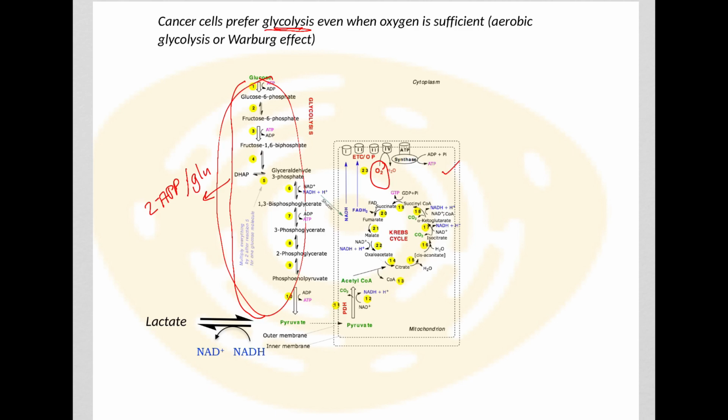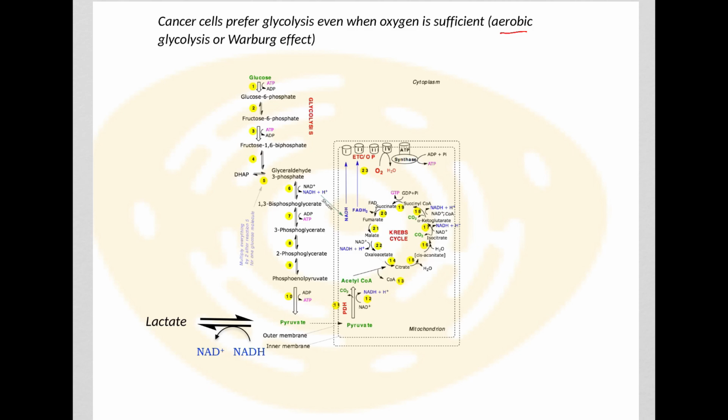So this phenomenon is called aerobic glycolysis. So glycolysis is happening in these cells although oxygen is plenty. Although there's a lot of oxygen available, these cells are using glycolysis to generate their energy, not the oxidative system. Okay, so this was discovered by the scientist Warburg, and this effect is also called the Warburg effect. So this strange phenomenon that we see in cancer cells, what we call aerobic glycolysis or the Warburg effect, this